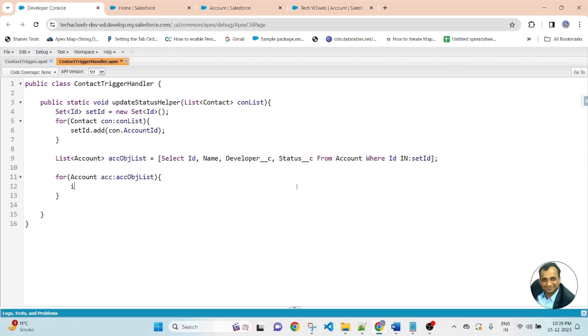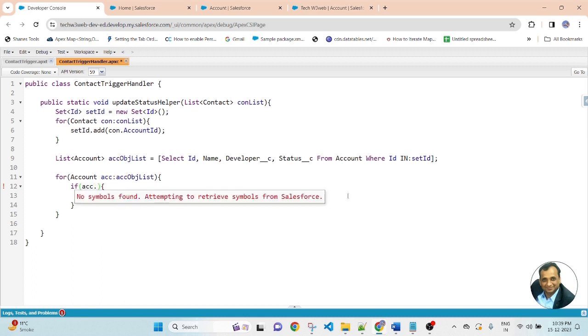First I will check a condition: if this account object list is not empty. Then if acc dot developer name, this is the developer picklist value, double equal to, single quote.